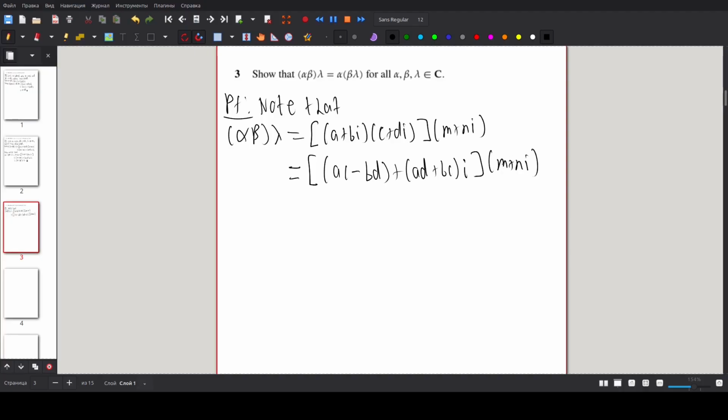And then basically it's kind of distributing, not really though, so this is our A, this is our B, this is our C, this is our D. We're going to multiply this out again, and if we do that, we are going to get